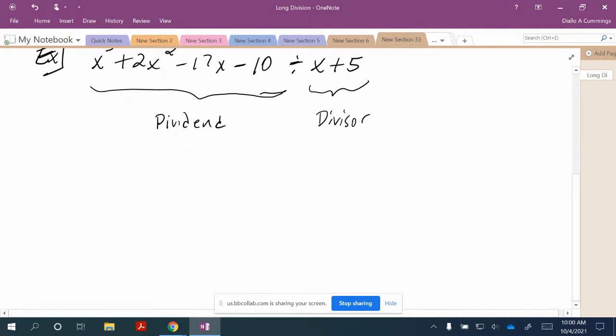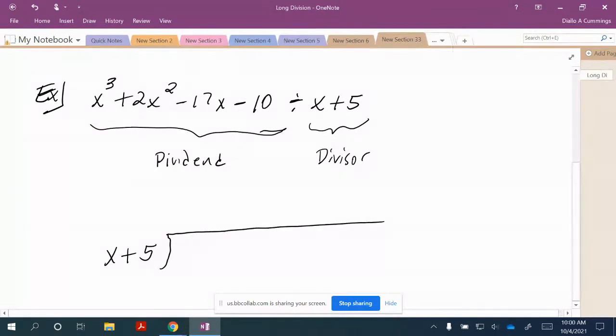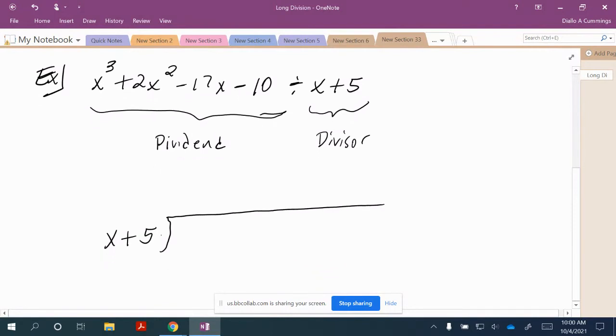So when we set up our long division, we're going to put our divisor, which is x plus 5, on the outside, and we're going to put our dividend on the inside. Now we want to make sure that our divisor and our dividend are in descending order. So what do I mean when I say descending order? Well, if we look at the x plus 5 factor, notice that x has a degree of 1